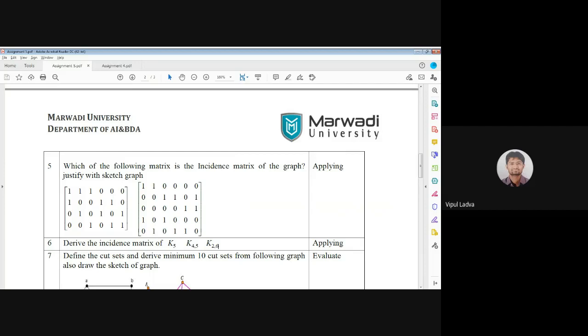Now surely you will be in need of that presentation. So I'm sharing that presentation even in the WhatsApp group. I'm uploading that in the e-content also. That will help you to go through the definition of Hamiltonian graph, Hamiltonian cycle, how we were finding that. If you forgot, you can take help from there, okay?